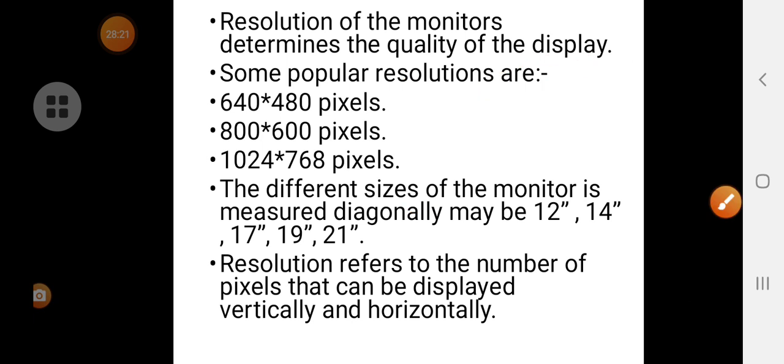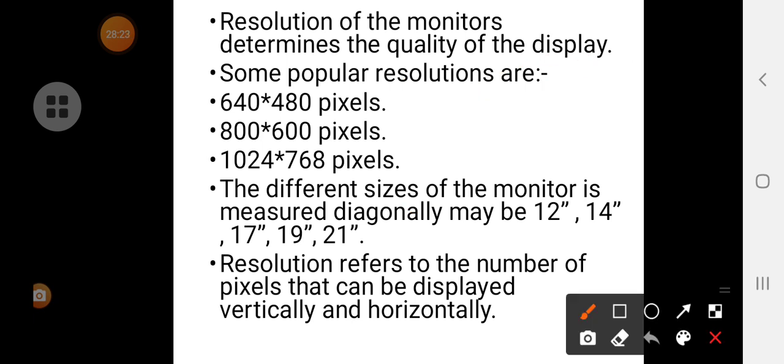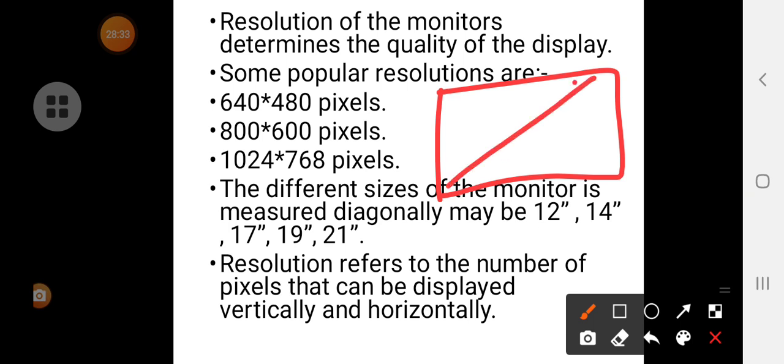Okay. So next, the different sizes of the monitor are measured diagonally. So this is how it is measured. See, if you have a monitor of this size, it is measured diagonally. This is used and it is available in the market also.